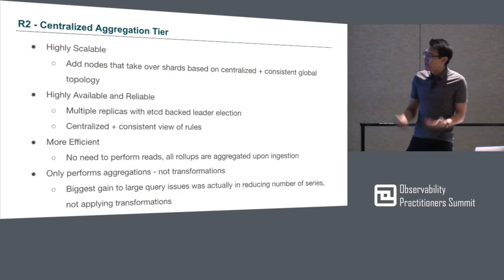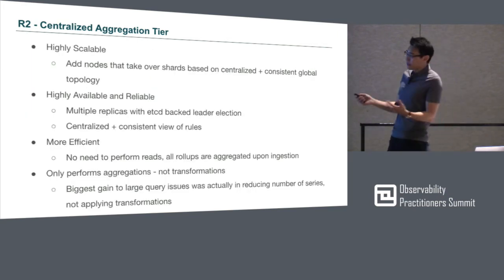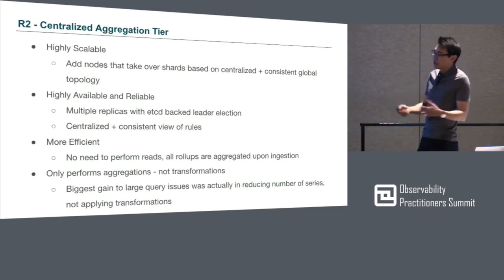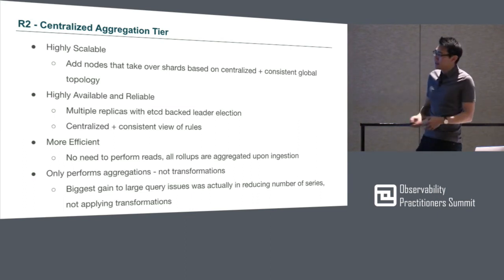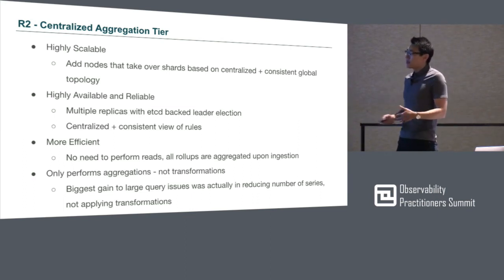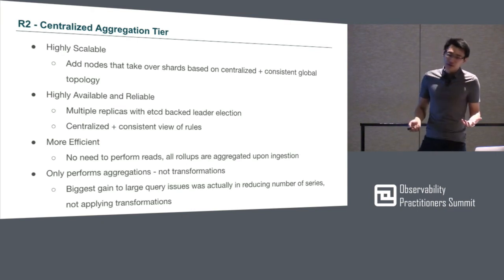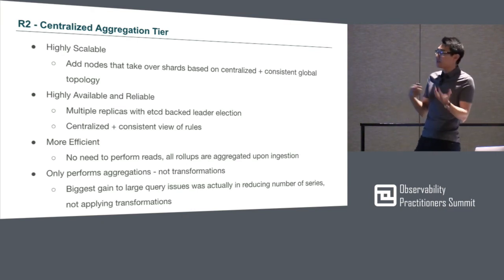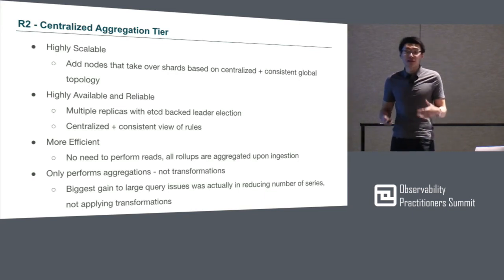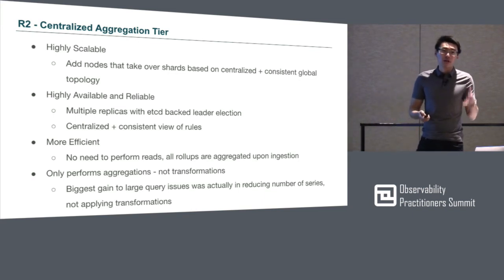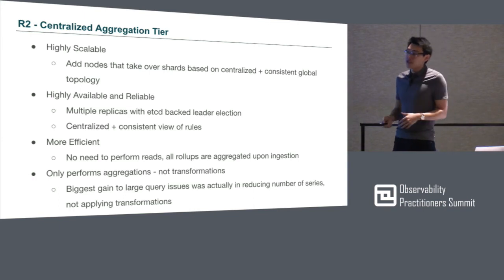Cool. So some advantages of this: it's highly scalable. The nodes own particular shards. You can add a new node, and it will take over shards. There's a global consistent topology that's backed up by etcd. It's highly available and reliable. There are multiple replicas, and between the slave and the master, they do etcd-backed leader election. So the slave will make sure that the master is flushing the correct tiles to the backend, and if not,